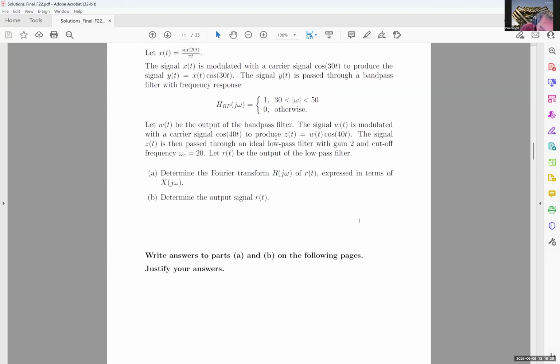You've got x of t, and that's going to be